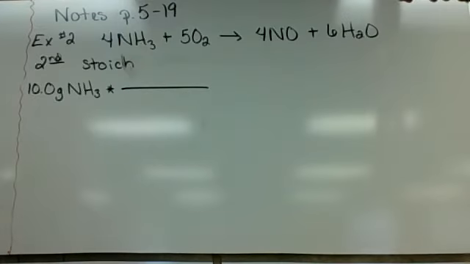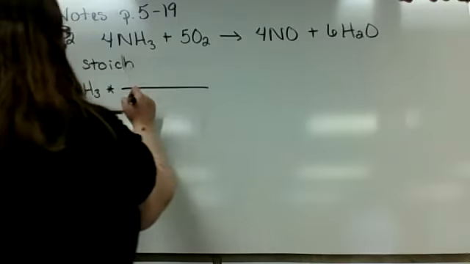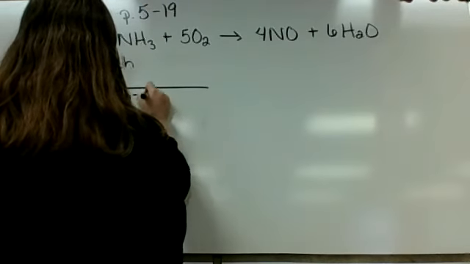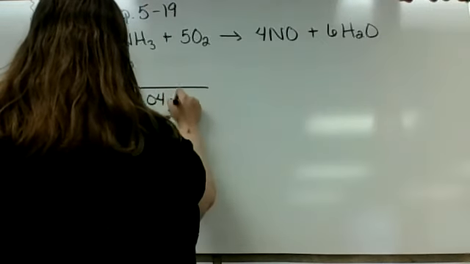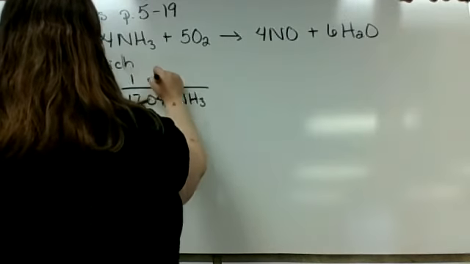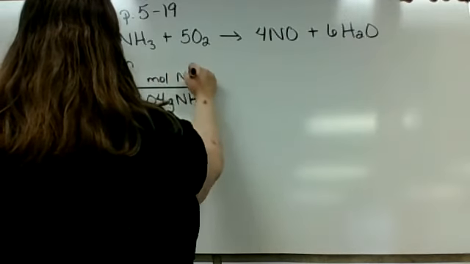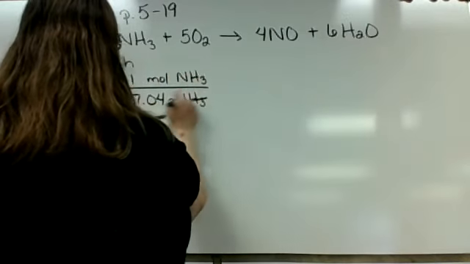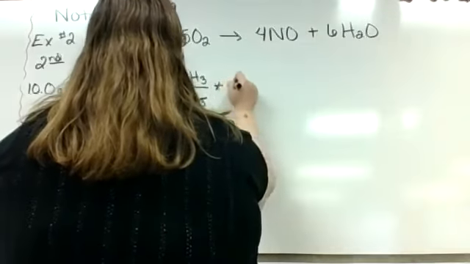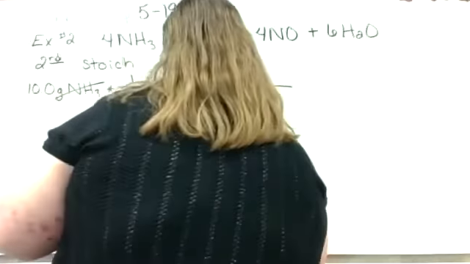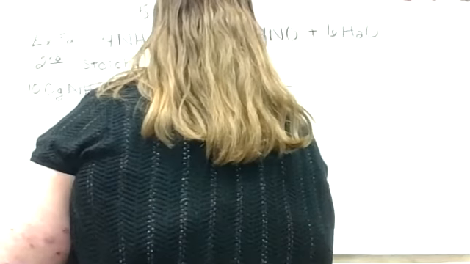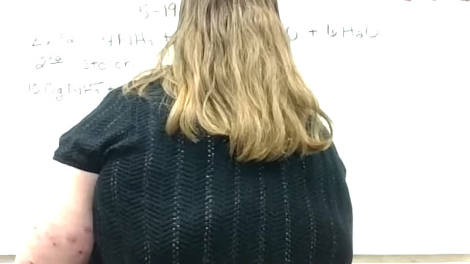Moles, yeah. We have to go moles. So let's use the exact amount, 17.04 grams of NH3 per 1 mole of NH3. Now, that's not where we stop. We have to use this per mole of reaction. So for 1 mole, which means just one reaction,